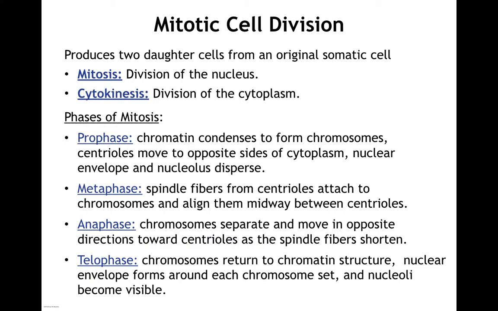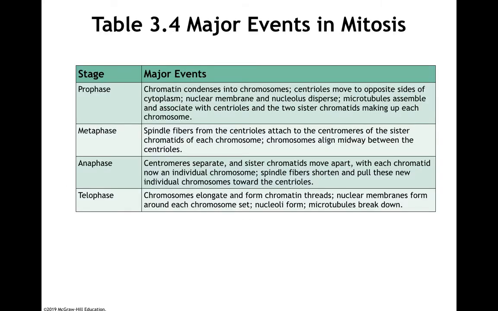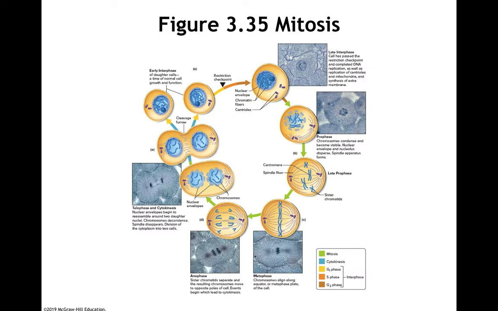In telophase, the chromosomes will go back to chromatin, the nuclear membrane will reform, and the nucleoli will become visible again. For a brief time you'll have 2 nuclei in 1 single cell, but that single cell will be in the process of going through cytokinesis. A cleavage furrow will form, and it will begin to split into 2 cells. So we've got prophase, metaphase, anaphase, and telophase: preparation, lining up in the middle, chromatids moving away from each other, and 2 nuclei forming in the cell. We can look at it here in more detail. You will look at some of these images in the lab on Thursday.